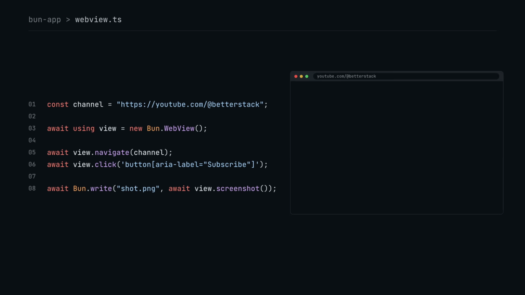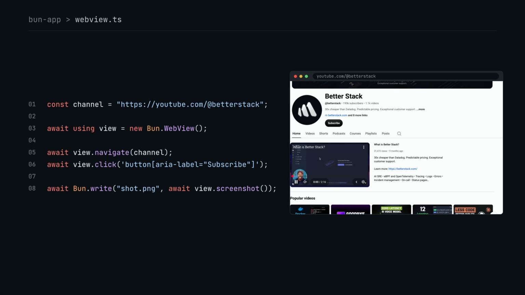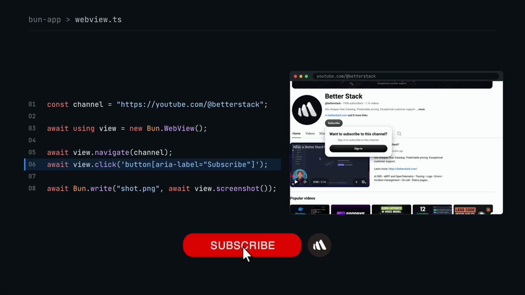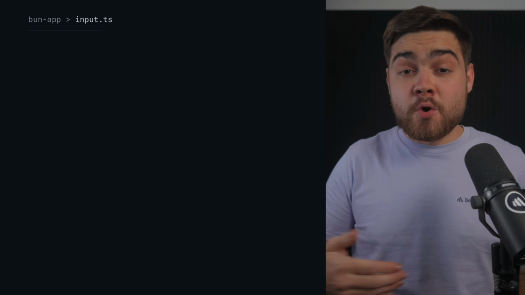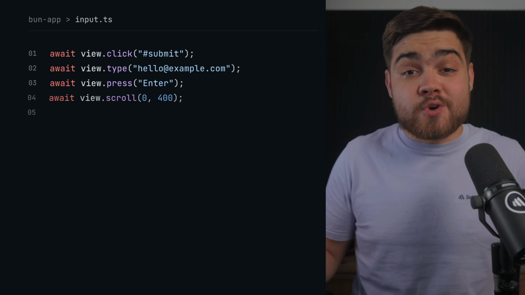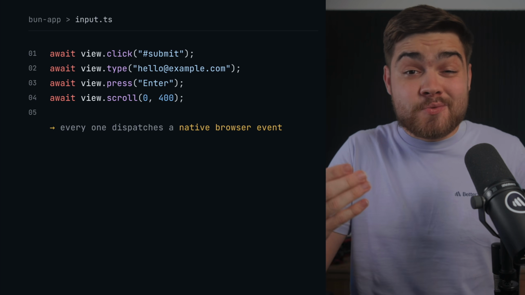First up, we can uninstall Playwright and Puppeteer and use Bun Web View instead. With this code here, I can control a headless browser, find the subscribe button and click it, although I can't run this on your machine yet, so you're going to have to click subscribe for me. All of the input methods like click, type, press and scroll dispatch native browser events, so the page should think